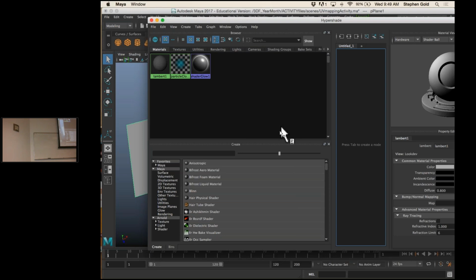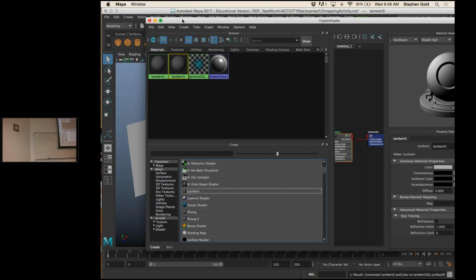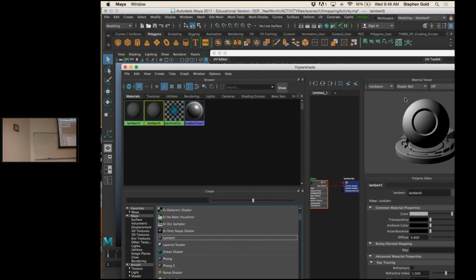Make a new material. So I go to my Lamberts, and again, we work with the Lamberts just because they're safer, a lot lower rendering times, a lot fewer issues. So I've got my new Lambert, and something I want to throw out there in terms of the Lamberts, I know I've talked about this before. You'll notice that there's a material viewer in the hypershade, and there are attributes in here, but I have noticed in Maya 2016 and 2017, when you start playing with the attributes in here, it has a tendency to crash